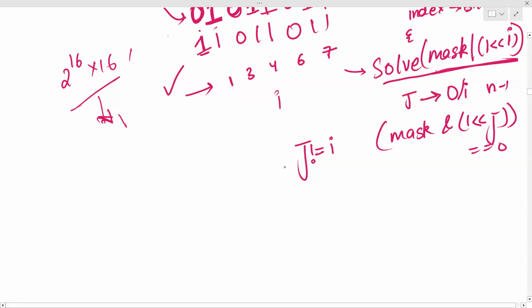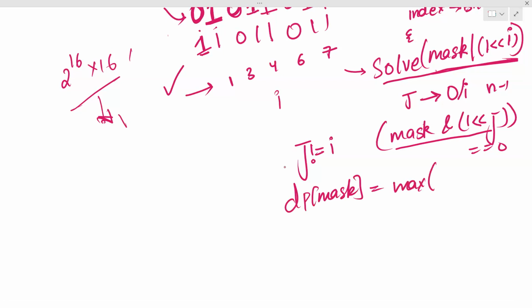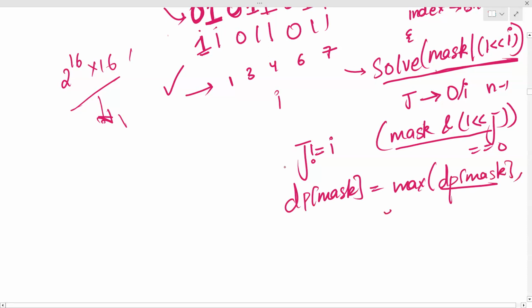The number of operations will decrease significantly, but the overall time complexity will still remain the same. So if this means that the jth vertex has not been chosen till now, then what you can do is connect these i and j vertices together. Now dp of mask will be equal to the maximum of dp of mask again, and the other thing will be the cost, that is d of i to j,